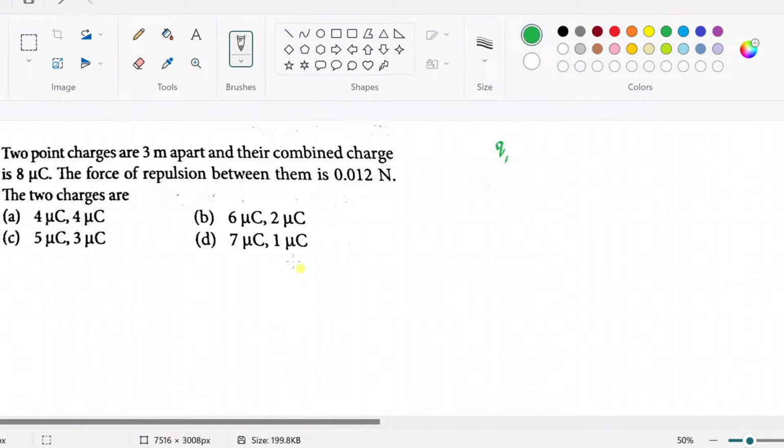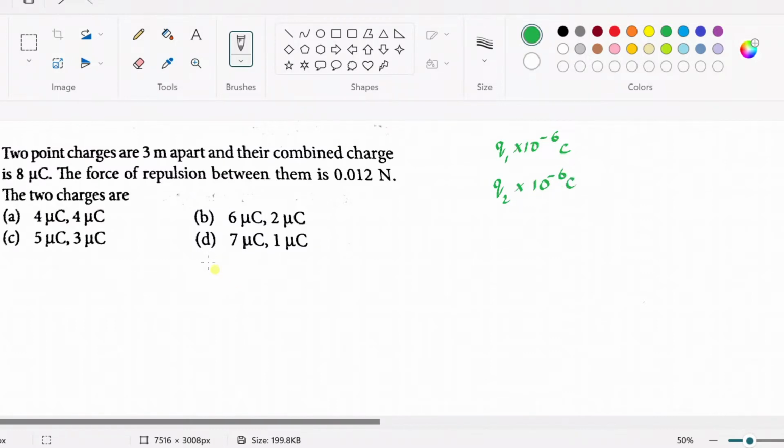Let's assume that the first charge is Q1 and the second charge is Q2. Since their combined charge is in microcoulombs, you should be very careful that the charge Q1 must be in microcoulombs. Let me repeat again: your first charge should be in microcoulombs because the combined charge is in microcoulombs. So Q1 into 10 to the power minus 6 coulomb, I am assuming, and Q2 into 10 to the power